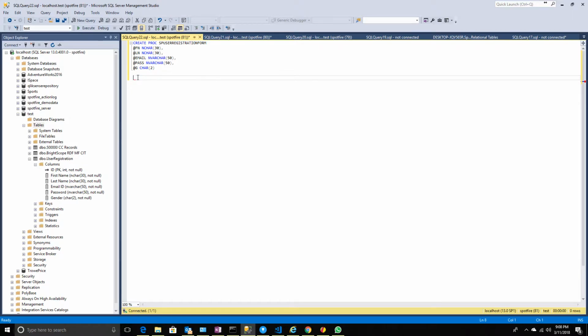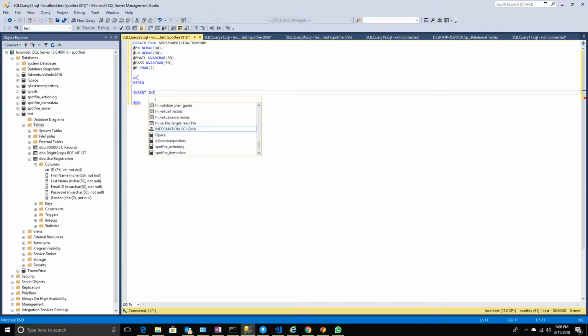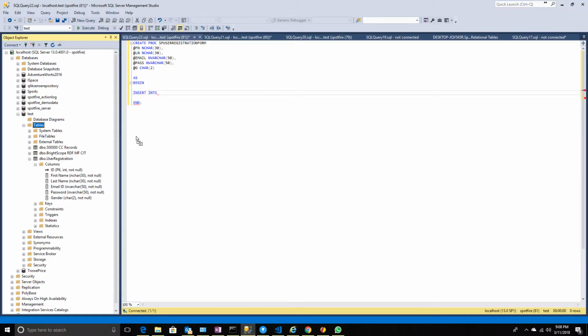Even before that, we will try and execute this procedure to see if it is working fine or not, right? So begin as, and then begin end, so it should be the begin end of the statement. This should be like this, and then I'm going to call this insert into my table user registration. I can drop it here, values, and then